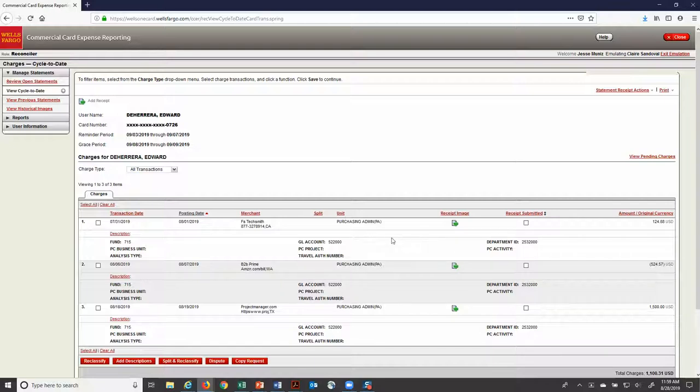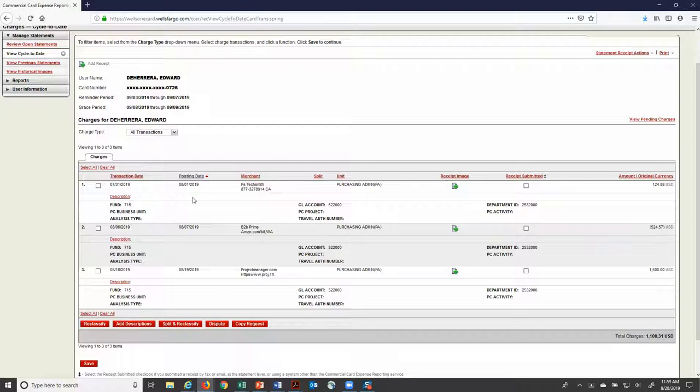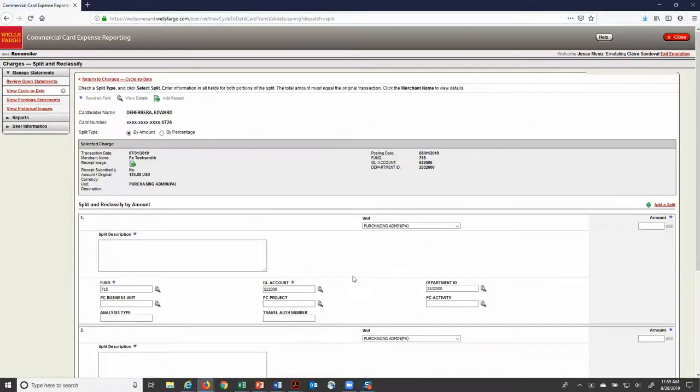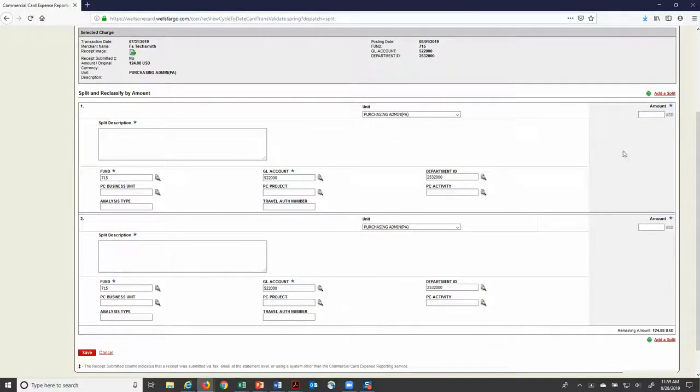If you want to split the transaction, you notate that this transaction for $124 needs to be split between 2, 3, or 4 funds. I'm going to simply click the transaction again, and I'm going to say split and reclassify. In the default setting, the transaction splits into 2, so 50-50. You can do it by dollar amount, you could do it by percentage. In this case, I'm just going to say $100 goes here, and the remaining amount